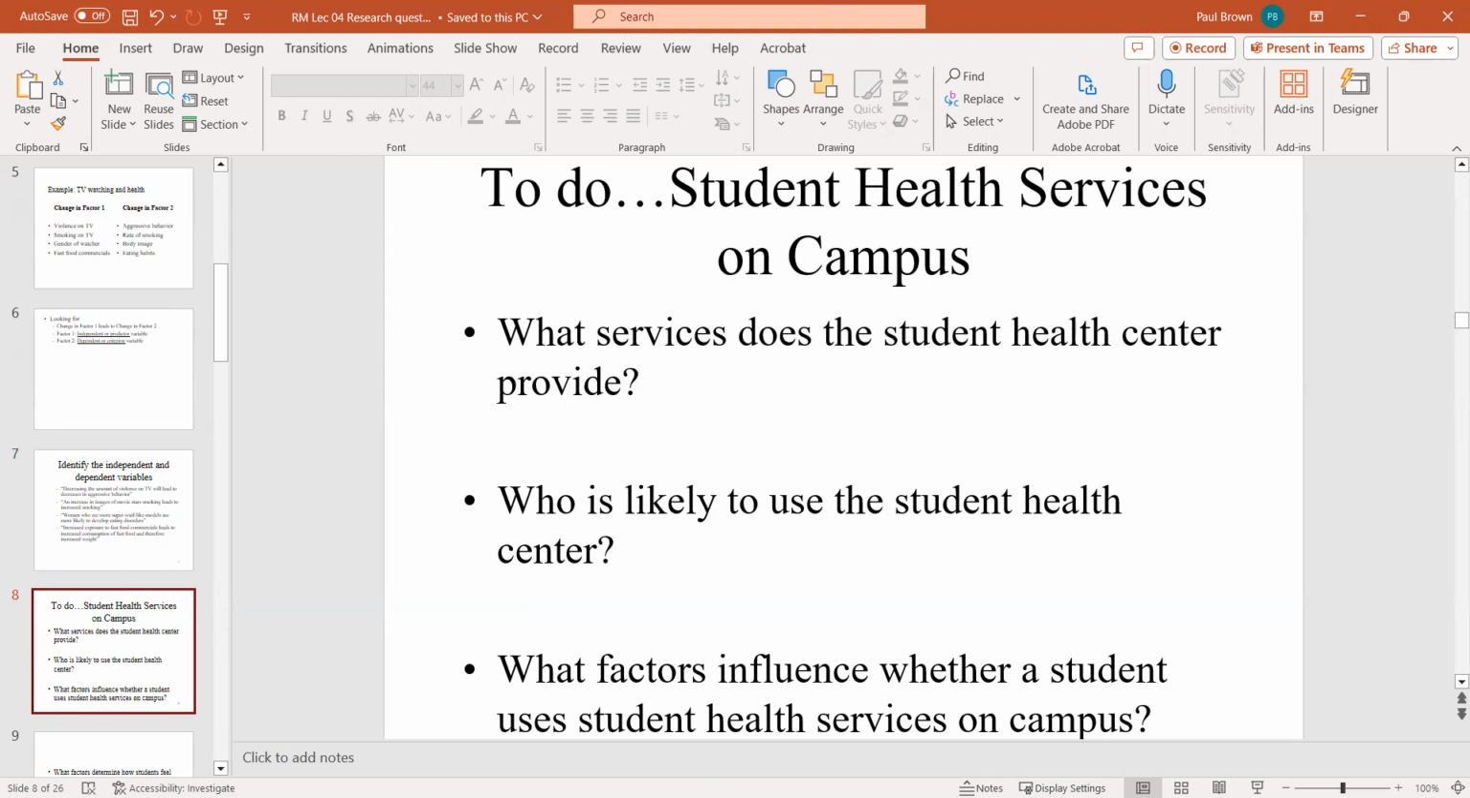That's what I did. I went to their website. And let's see, is this it? Yeah. So here it is, health services on campus. What services we offer. So here's all the different types of things that they offer. So for those of you who have not used the Student Health Center,